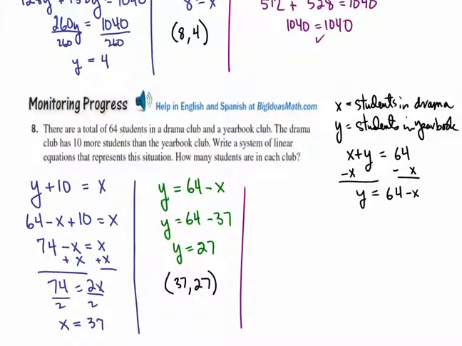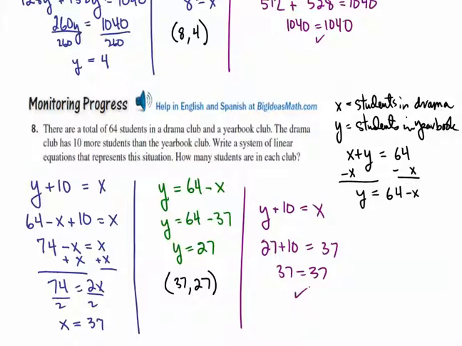Yearbook is 27. So the drama club has 10 more than the yearbook club. So remember, y plus 10 is equal to x. If I added 10 to y, 27 plus 10, I should get x, which is 37, and 37 equals 37,